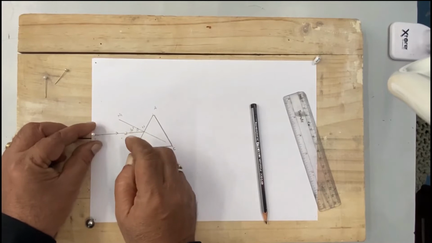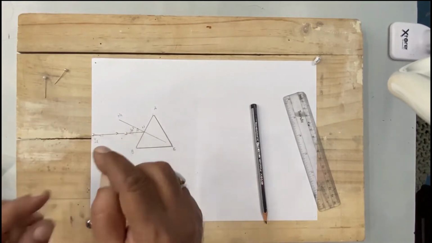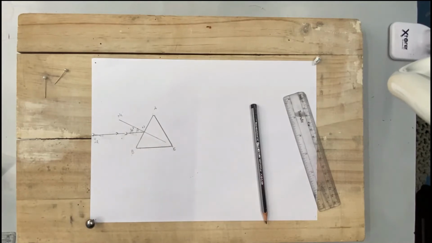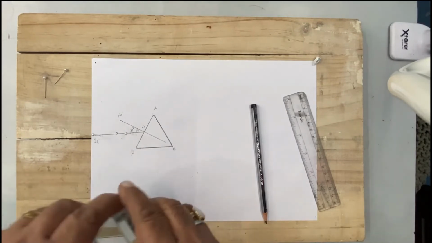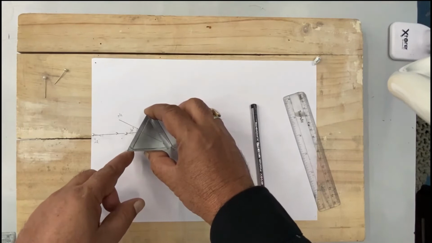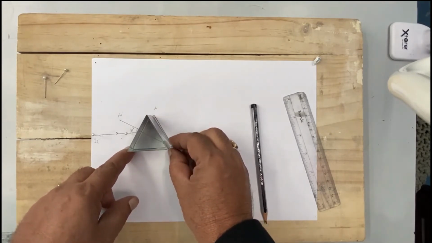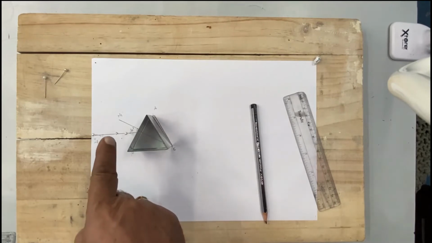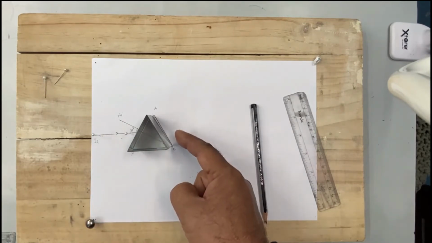This is fixed. And these two should be straight. एकदम ऐसा perpendicular होना चाहिए कि इनके हेड एक ही लाइन पर रहे. ठीक. Now we have to put the prism back. इसको हमने वापस यहाँ रखा प्रिज्म को. Yes. Now we have to see from opposite side. तो ये हमारा one refracting surface हो गया. This is the second refracting surface.